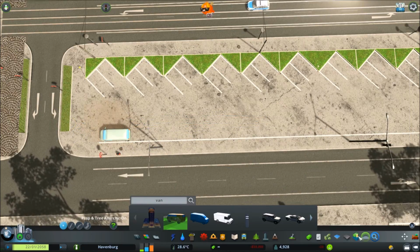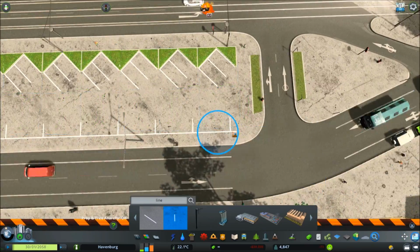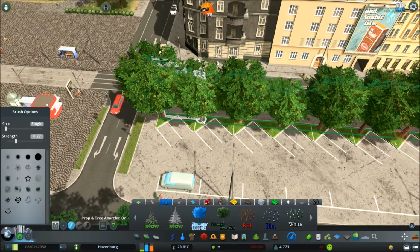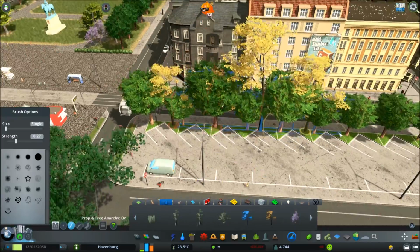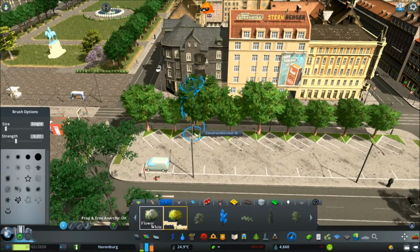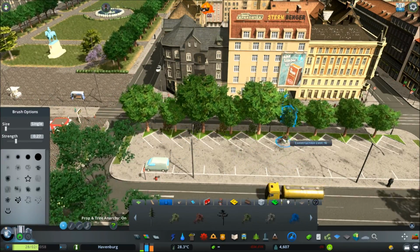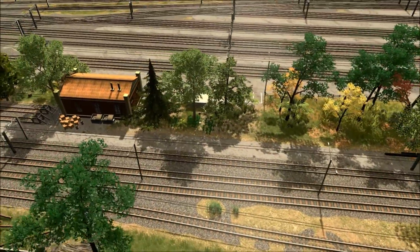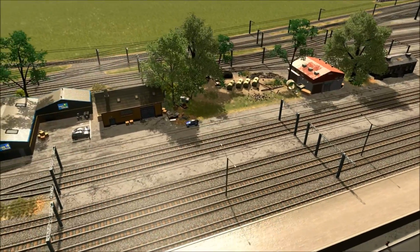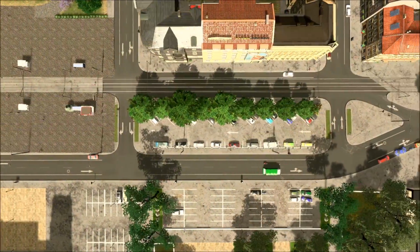And I don't know if I mentioned in the previous episode, I don't think I did. I created my own little parking prop from the in-game lines, so that it only has two in a row, and that is what I also used further down the road, which I actually think I cut out from this video because it was just boring and repetitive. I think I even forgot to use move it, so I was using move it, but I copied each bit individually and didn't do the little trick where I copy one and then place it, which means that I have two, and then I copy those two and place it, which means that I have four. But anyway, as you can see, we have already entered into the time-lapse territory, which means I'm almost running out